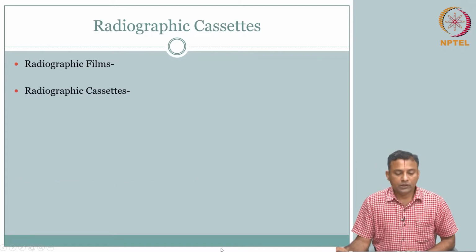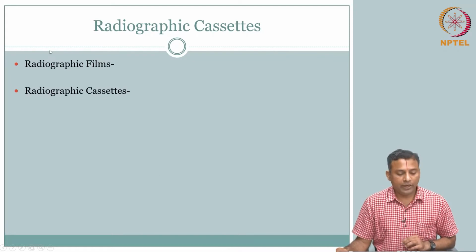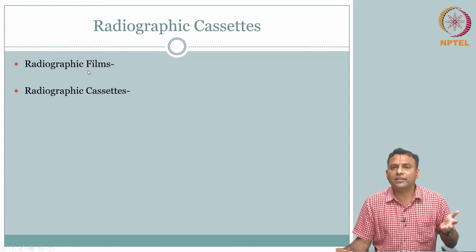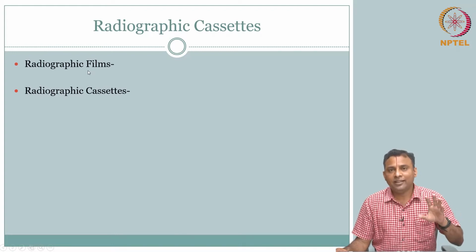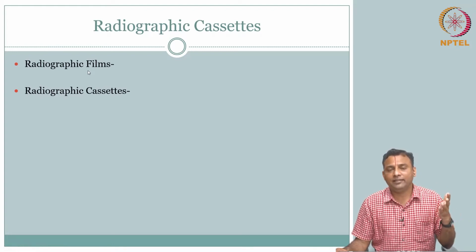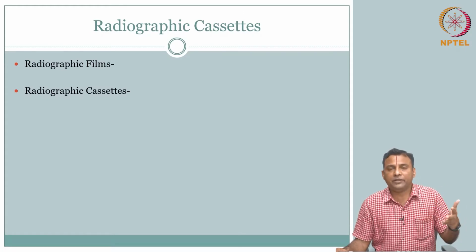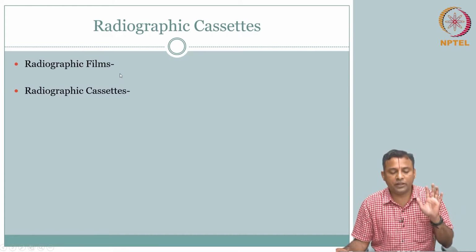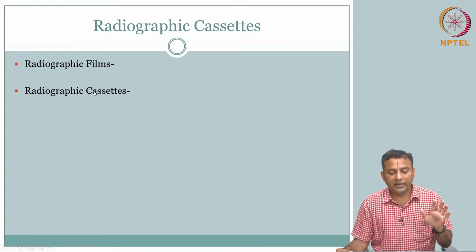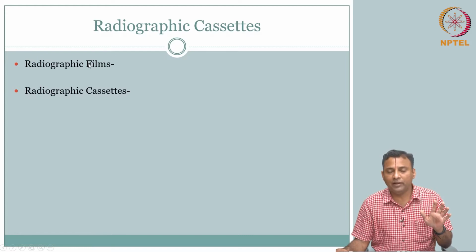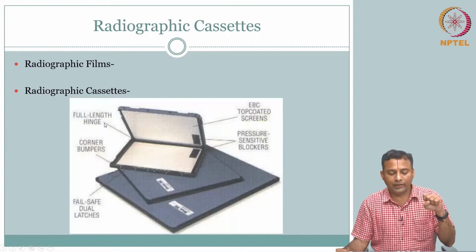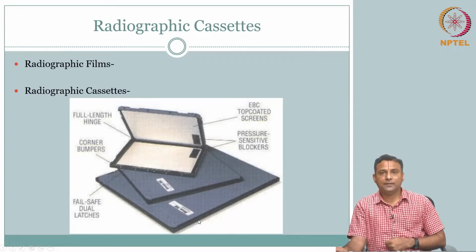Okay. So, last but not least, radiographic films are nothing but photographic film. We are not going to talk too much about this, because as we just spoke about, it is just photographic film. We have an intensifying screen and then that is used. So, there is nothing much that we will talk about radiographic films. So, what is a radiographic cassette? When you have this film and the intensifying screen you saw previously, all of this put together is your cassette.